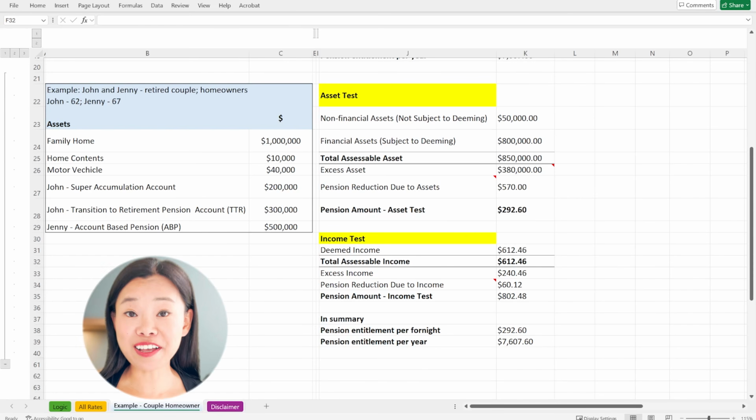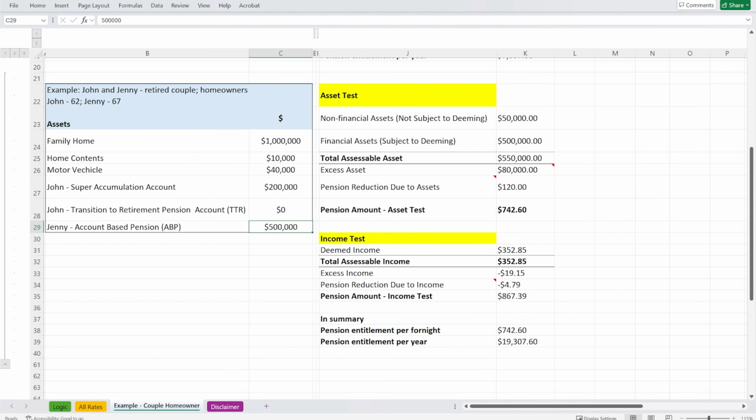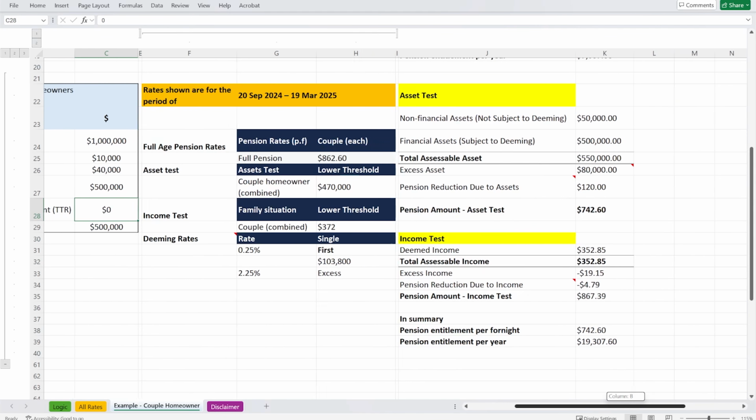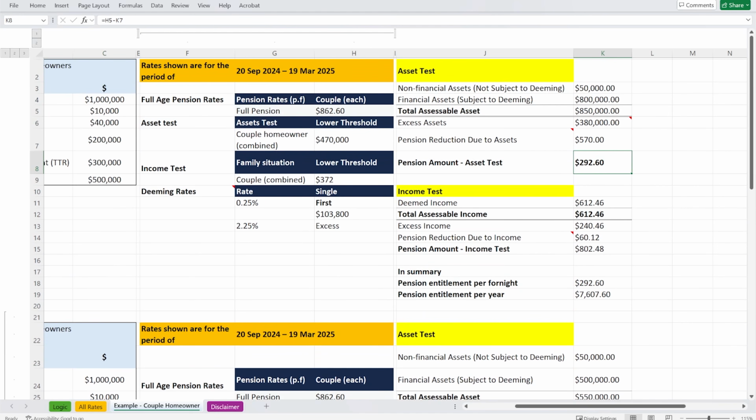Your situation could be more complex, so make sure to do your own research or seek professional advice before taking any actions. As we discussed earlier, a super accumulation account held by someone under 67 is not counted by Centrelink. John can roll his $300,000 TTR pension back into his super accumulation account. This would reduce their accessible financial assets by $300,000, leaving their total accessible assets at $550,000. While this is still above the lower threshold for the full pension, the excess asset is much smaller, and Jenny is able to increase her age pension from $292.60 per fortnight to